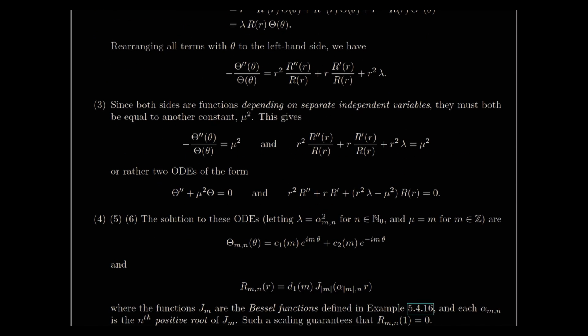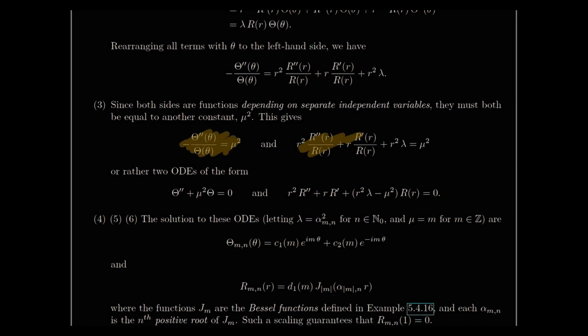Now that I have 2 ODEs, here's one of them, here's the other, or if I solve it in the form that I want to see them, that looks exactly like theta did before. Now my terms in r are going to look a little different than what they did before, right? So my terms in r here, if I replace this with x, and then x, and then x, and I forget about the mu here, this is exactly Bessel's equation. So back in section 5.4, when I talked about the Bessel functions as solving Bessel's equation, there's a reason I did that. And so we have Bessel's equation here, which is the shape that the drum head's going to take